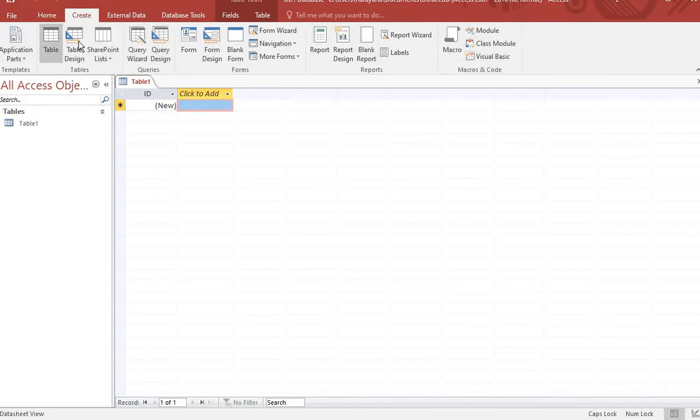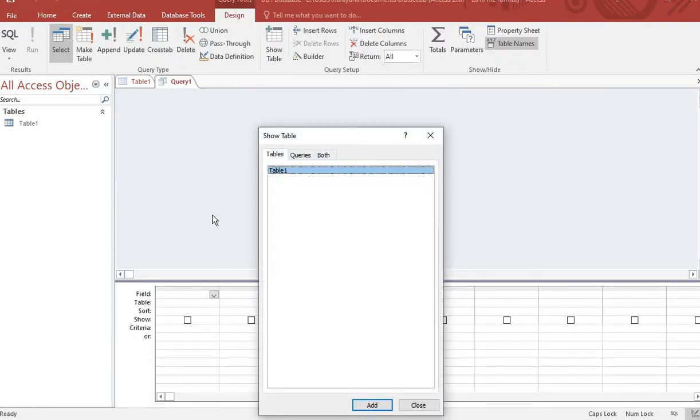Here, if you observe properly, here is the query design in the queries group. If you click on query design, it will open like this. See here, this is query 1, which means question 1. Here it will ask for your confirmation about which table. Simply click on the add button, then it will add the table like this. After that you have to close this one.